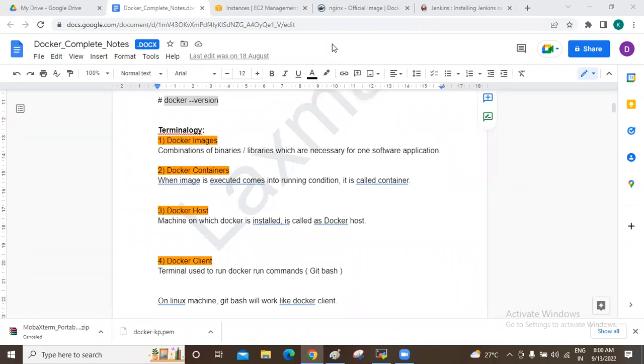Can we see the Dockerfile in the EC2 instance? Aditya, your question, can we see the Dockerfile? We did not create a Dockerfile yet. We will create the Dockerfile. Aditya, please be patient. We will be learning everything. We will create the Dockerfiles and everything, so don't worry about that.